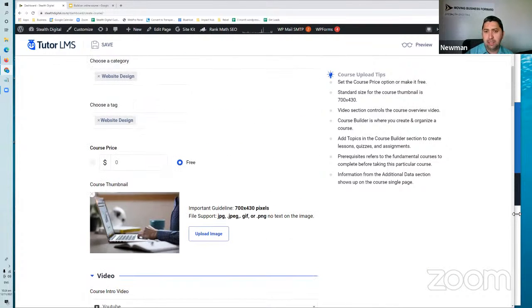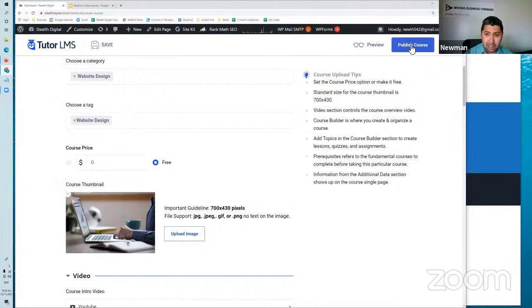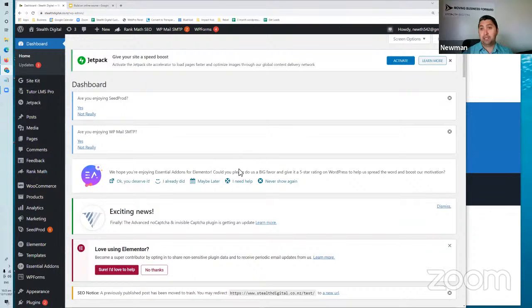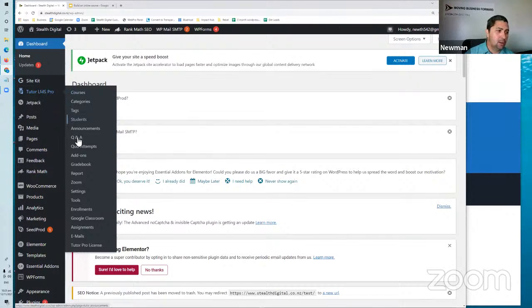Now, once you've done that, on the right-hand side, you can publish that course. Now, once you publish the course, this has been submitted for review. So when you have multiple instructors, there are times you don't want anyone to submit any course at all for privacy, security reasons and stuff like that. So as the administrator, you need to go in and approve that course. Now, I'm going to talk about this back in a minute, but for now, when you go to courses,